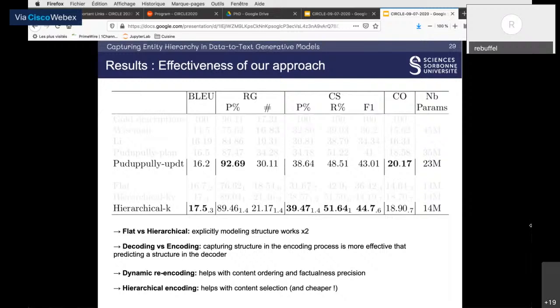However, we can see that our hierarchical approach has better content selection, meaning that we select better